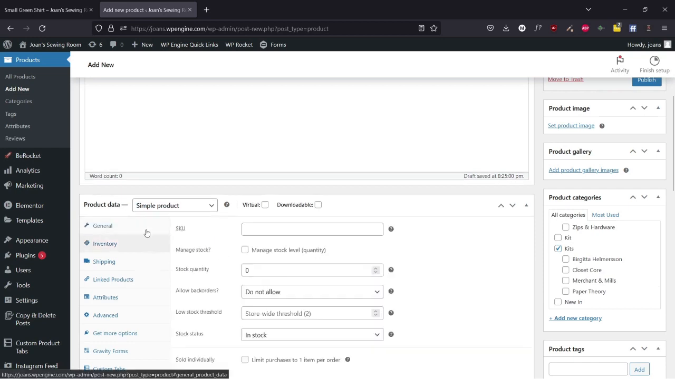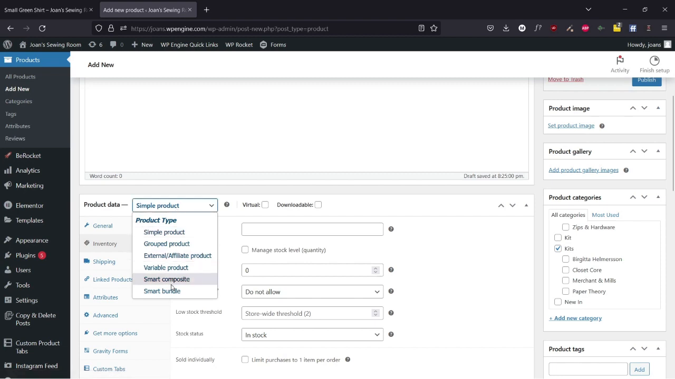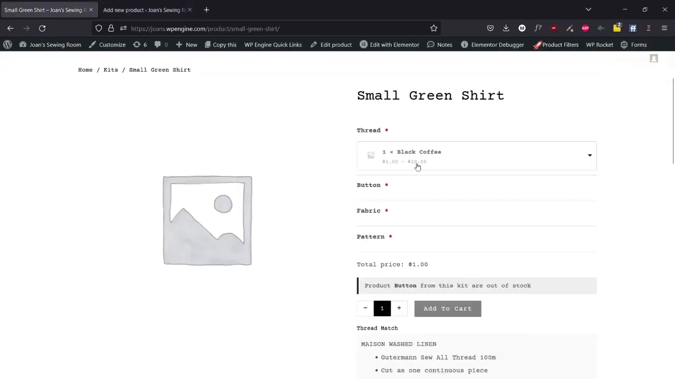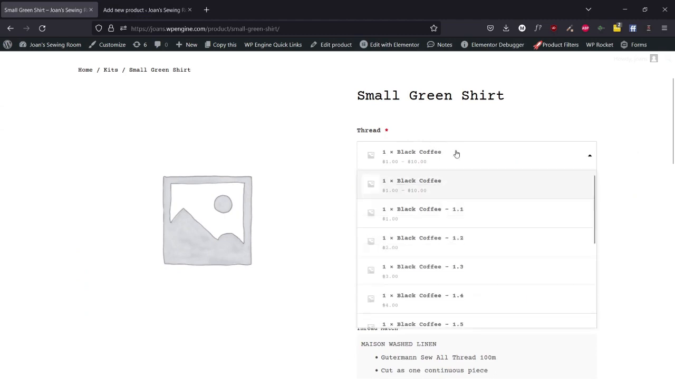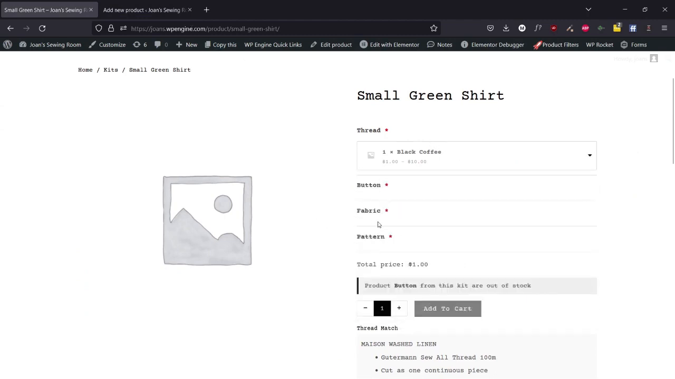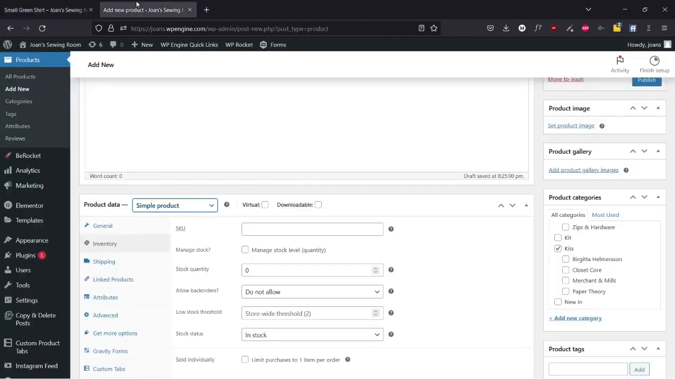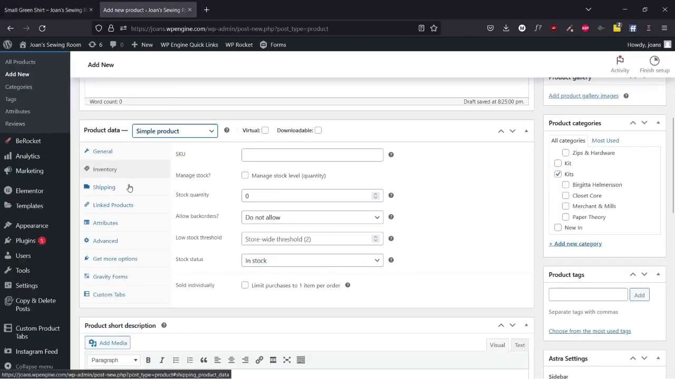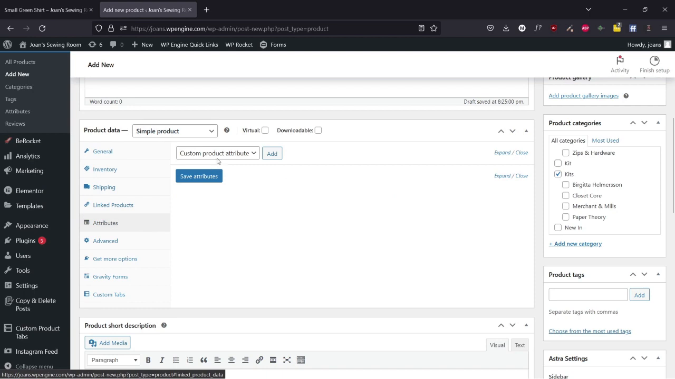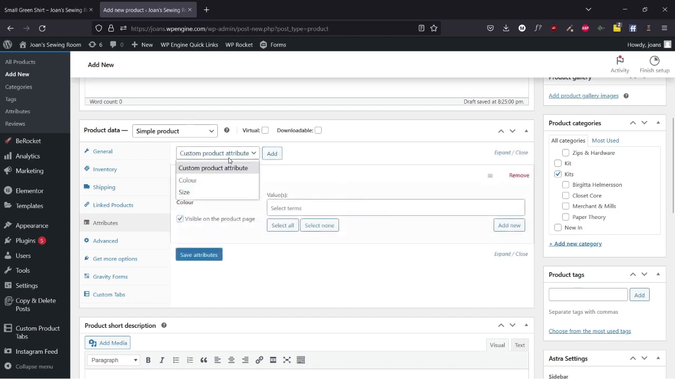And then we'll go into the product data. So we want to make sure this is a smart composite bundle product. This just means that it's based off existing products that you can add. Like this black coffee thread is an existing product, and the buttons and fabrics are also existing products that are added. If we go to attributes, we need to add the color and size attributes that we have. So you just select and then add. So color, size,